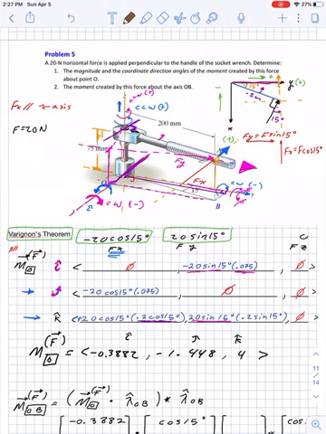Let's do it in a distinctively different color. This moment arm. Remember, this is the line of action, so we want the minimum distance, which is just this x component right here, this x. And what is this x? This x is 0.2 sine 15, right? Because if